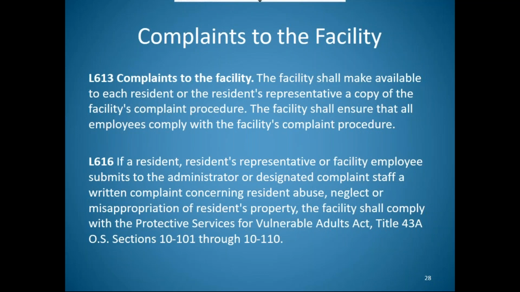The first thing you're going to do is protect that resident. You're going to report the allegation to the health department. You're going to get your investigation started. You're going to look at all of the different areas. You're going to try and figure out what's going on, put your in-services into place, all of those types of things. It just means that if somebody brings you an allegation of abuse, you need to put your abuse protocol into play and take care of business.